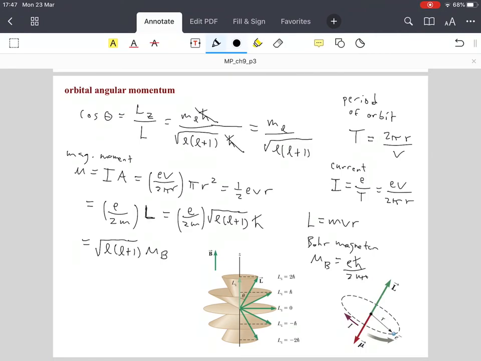Okay, so this is the magnetic moment that we see,